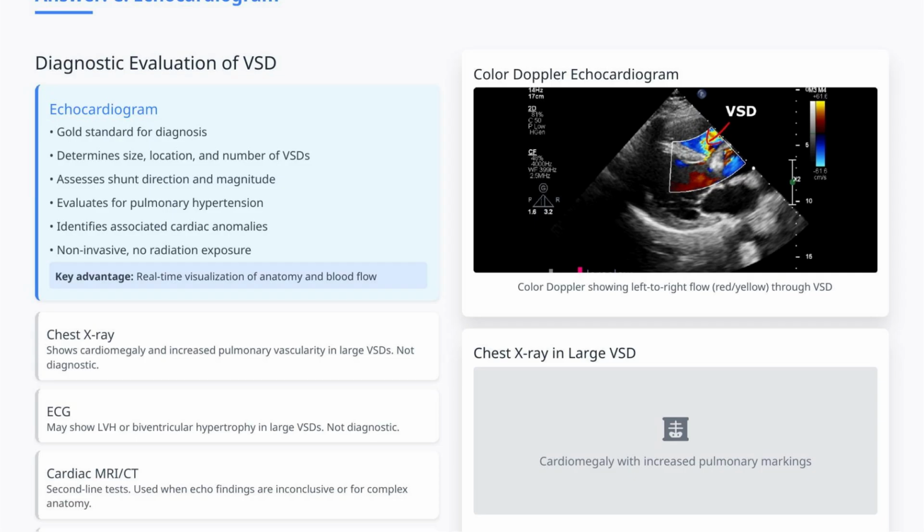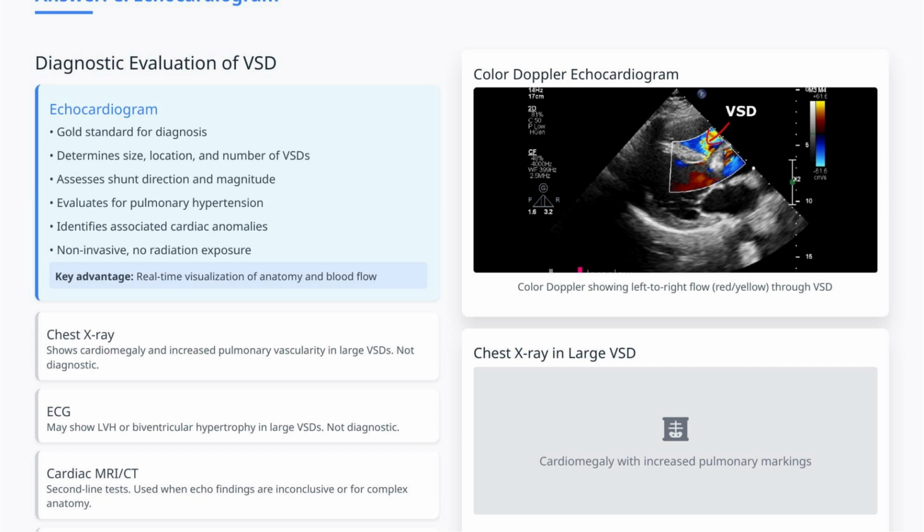The correct answer is C. Echocardiogram. Echocardiography is the gold standard for diagnosing ventricular septal defects. It provides detailed real-time visualization of cardiac anatomy and blood flow dynamics. With echocardiography, we can precisely determine the size, location, and number of defects, assess the direction and magnitude of shunting using color Doppler imaging, estimate pressure gradients across the defect, evaluate for signs of pulmonary hypertension, and identify any associated